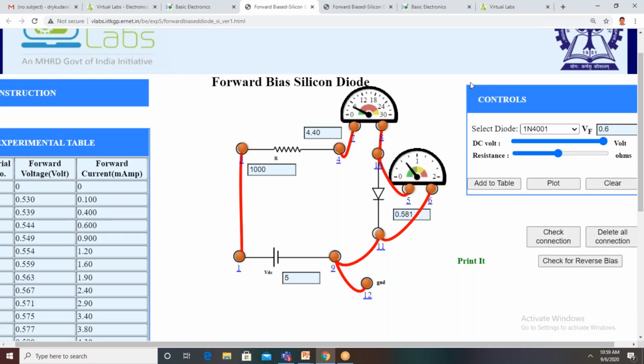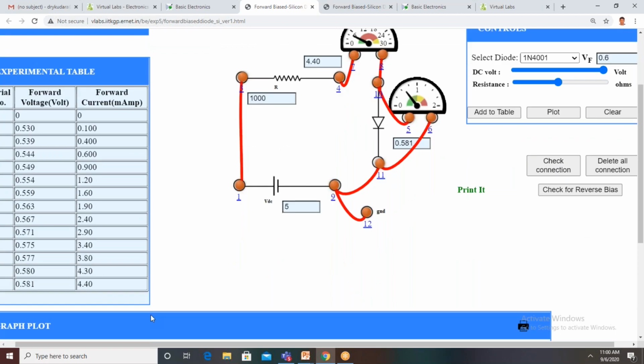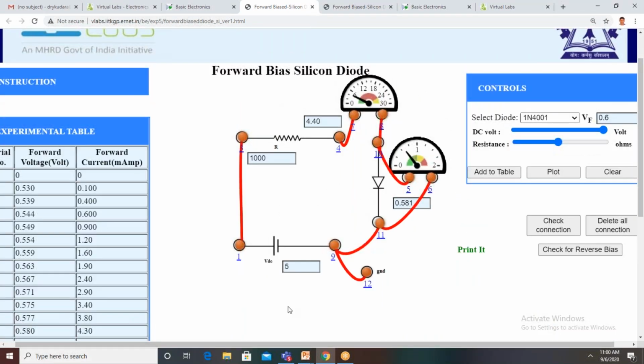So this is Chandrasekhar, sir, faculty. Good morning, sir. Here the resistance is very high, no, sir? 1000 ohms. You can reduce it. That's why we get a maximum current of only 4.4 milliamps. You can change it accordingly, even to 500 ohms. Actually, 1K is the highest value, that's why we get only 4.3. If you put 500 ohms here, we get the maximum current under forward bias condition.